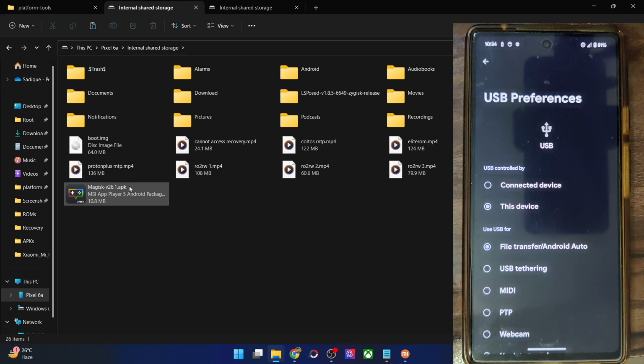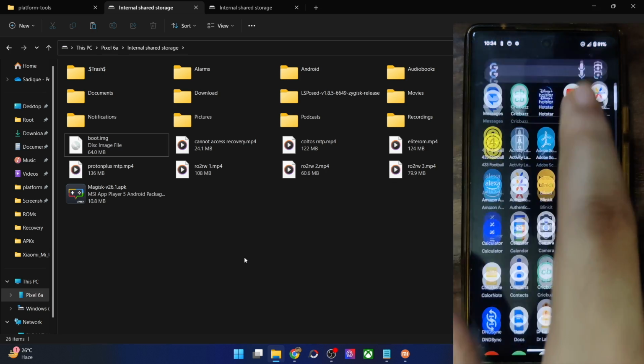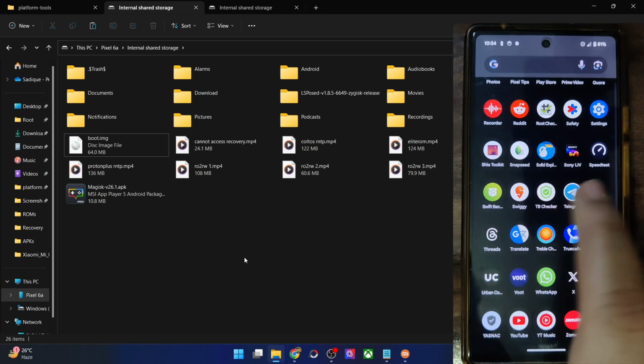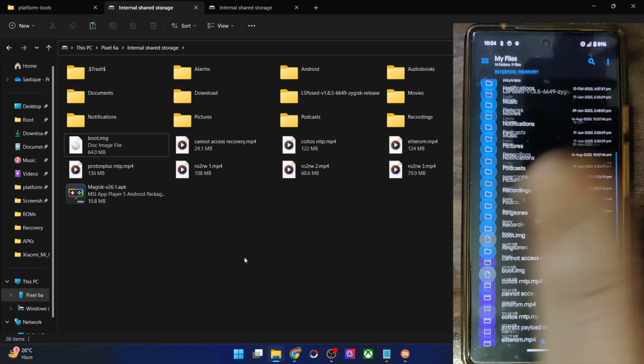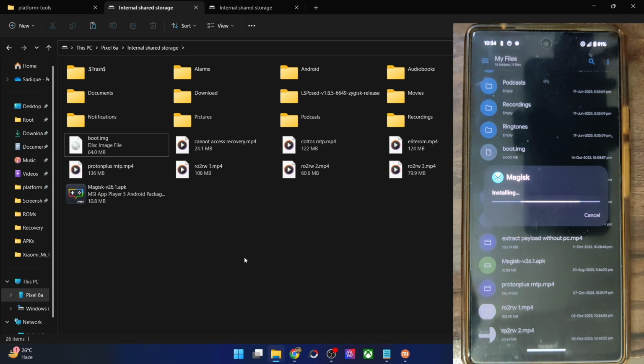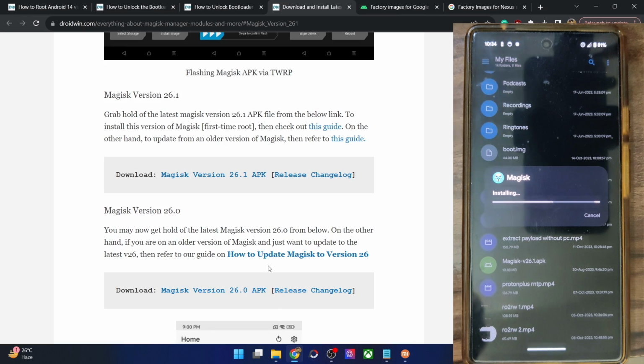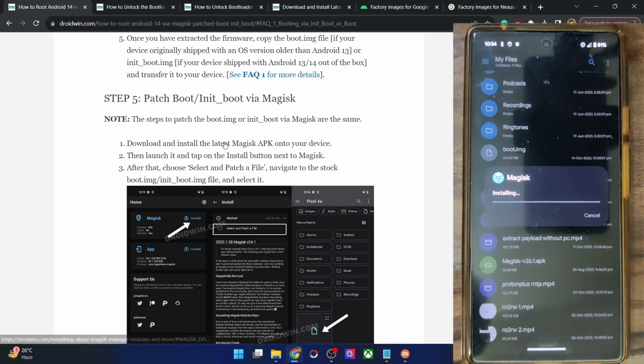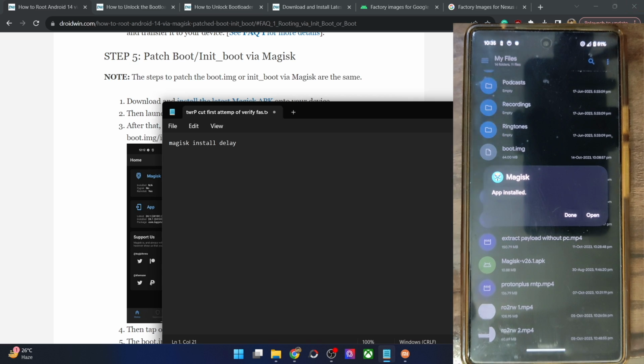With this, we have the Magisk and the boot IMG file. Let's now install the Magisk app. Let's open any file manager app. And this is the Magisk app. Let's launch it and install it. It will take only a few seconds to install. Let's just wait for the time frame and then we'll move ahead. The first time installation might take some additional time, which is completely normal. Let's just wait and then we'll move ahead. With this, the app has been installed.